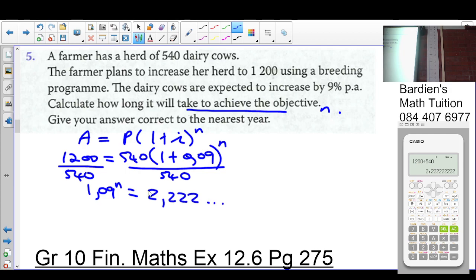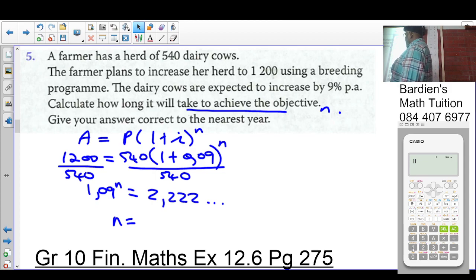Okay, so we start with n being, choose any value for n. So it's 1,09 to the exponent 5. Which means the same as I go higher or lower? Higher. Right. Let's write 7. Go higher or lower? Higher. Let's go 9. Higher or lower? Higher. That's going to be just about over, not so? So therefore,